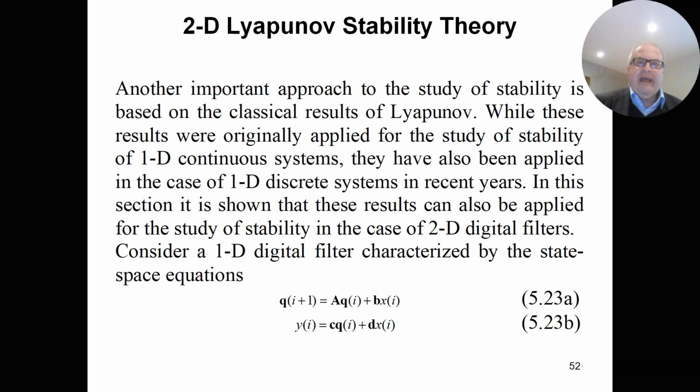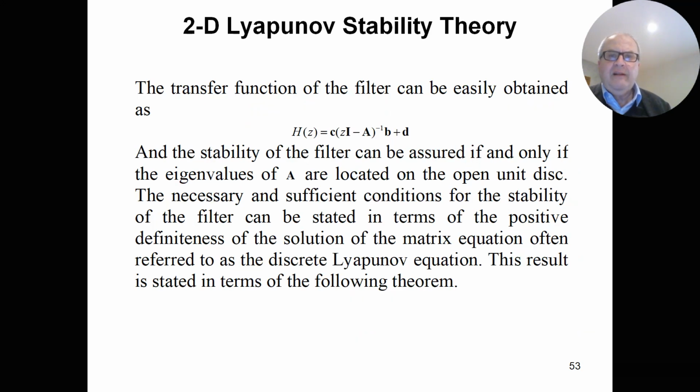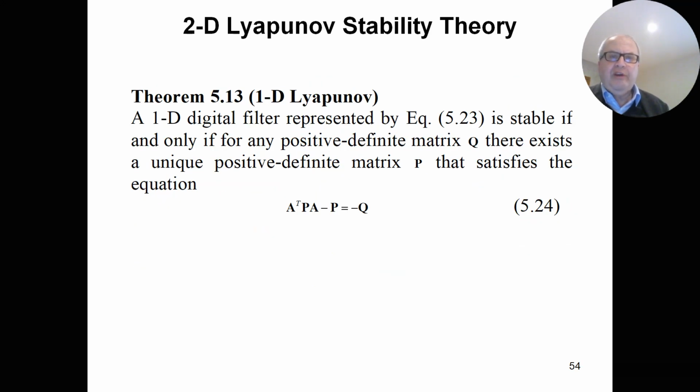Like the discrete systems in the one-dimensional case, you can have Lyapunov stability theory for the two-dimensional case. Let's make a repetition for the one-dimensional case. A one-dimensional filter can be described by these state space equations. And for this filter, you can have the Lyapunov theorem that this filter is stable if and only if you can find, for any positive definite matrix Q,